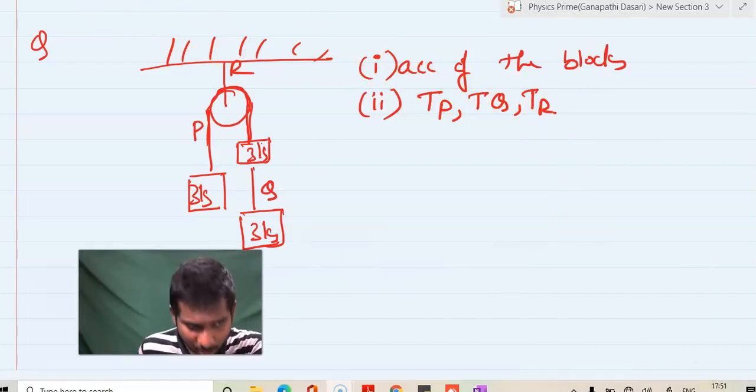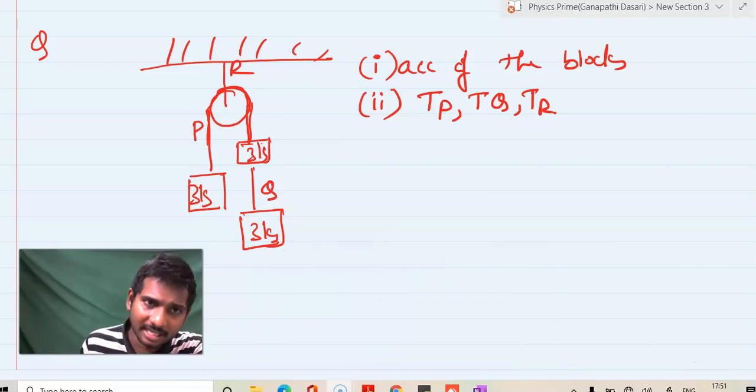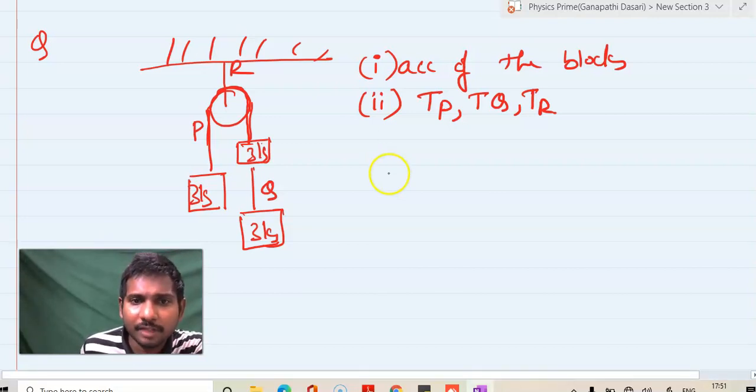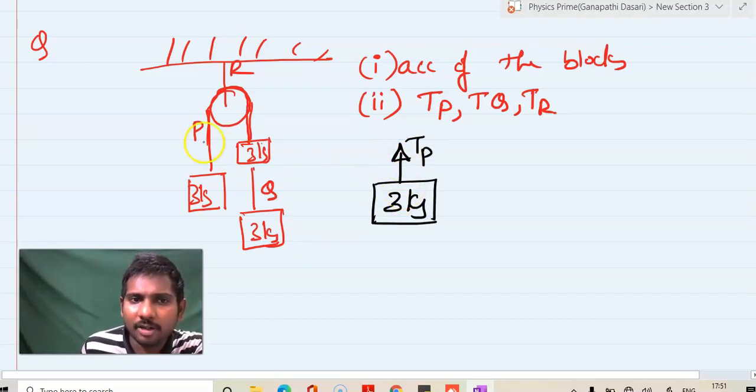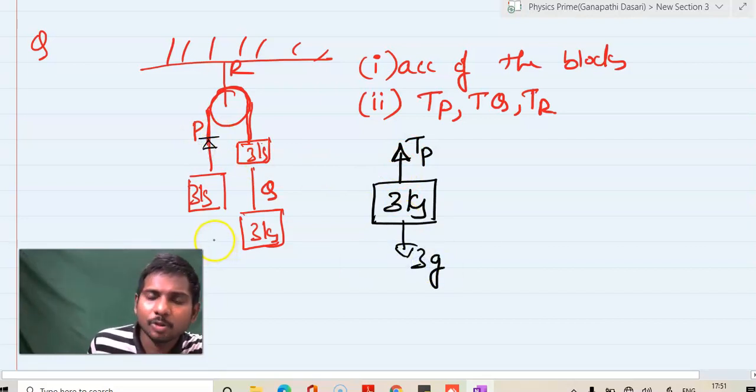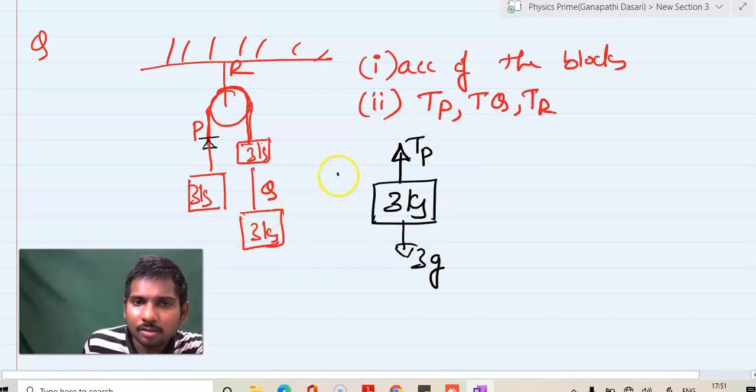Let us solve. Again, whatever the question may be in this topic, free body diagram is very crucial. And we'll apply the concept that we have learned. So if we draw the free body diagram for 3 kg block, cut it and pull it, and there will be a TP which is going in the upward direction. If I cut it and pull it, then there will be 3G newtons downwards, due to gravity, acting in the downward direction. And from the question, it seems that this block is going in an upward direction. I'm assuming this upward acceleration to be A.